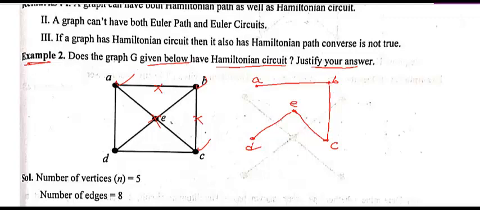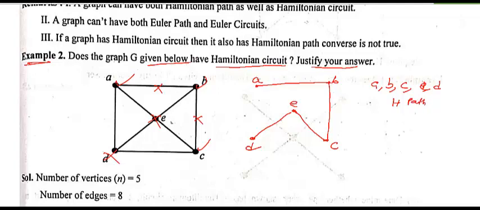Correct. So you have visited all the vertices. Practically, if you take it, you have visited A, B, C, D, E and D. So this will be A, comma B, comma C, comma D, E, comma D. So this is the Hamiltonian path. But they are not asking for the path. They are asking for the circuit. Okay, this is the path.